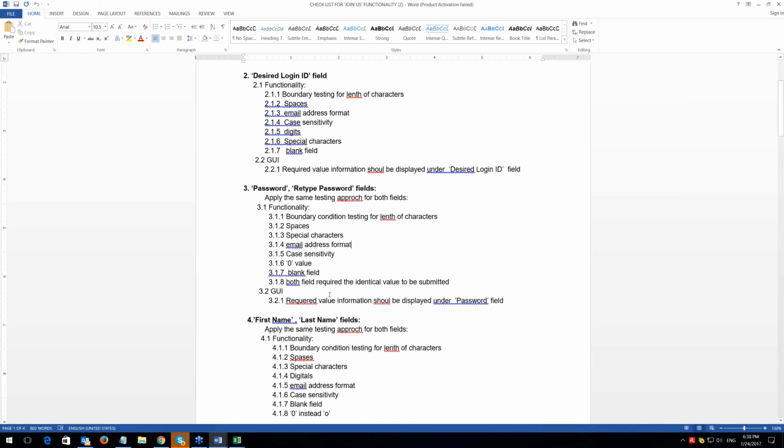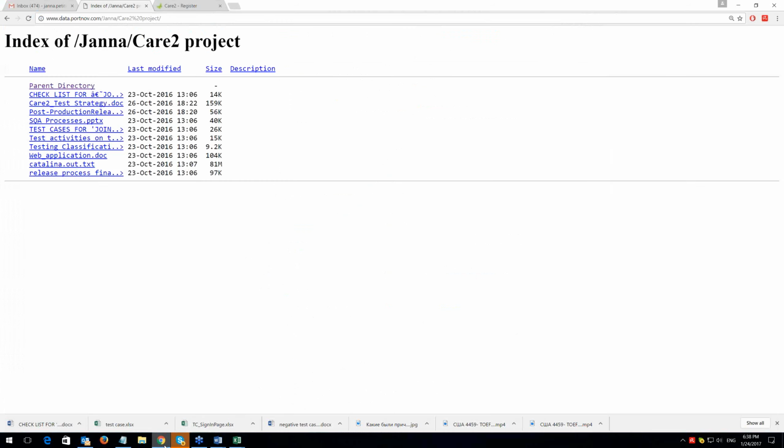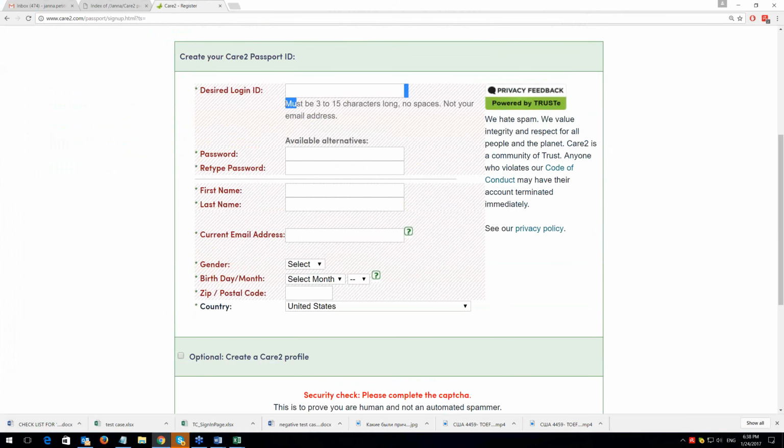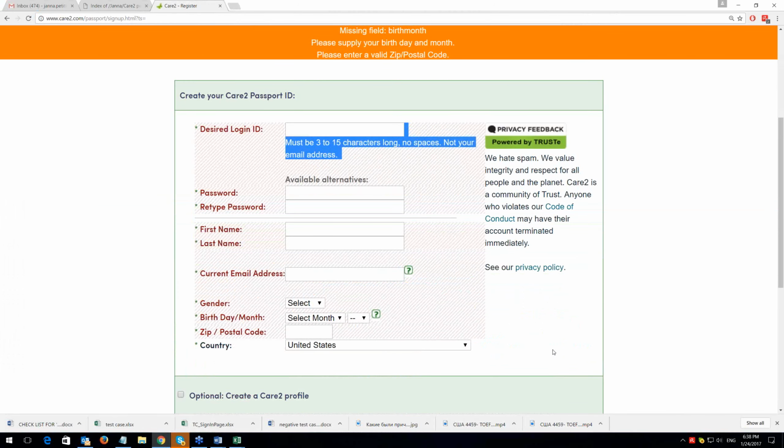She was in a hurry or whatever. But she covered everything, and even the GUI: required value information should be displayed under the desired login ID field. The value information means instruction, what should be happening. So if we open this page, this is what we have. She means this one. Okay, wonderful.